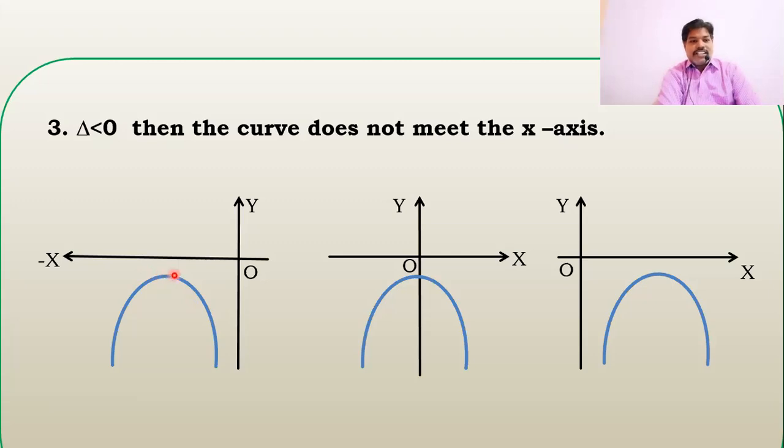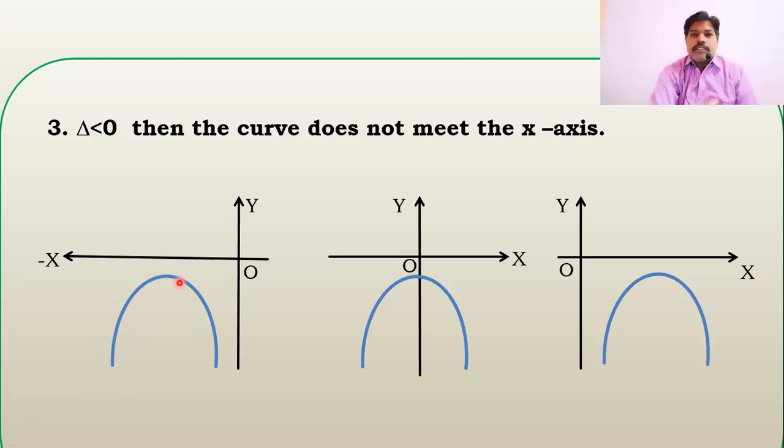Are you understanding that it is the maximum? Then you will get the minimum values, that is, the value keeps decreasing, decreasing, decreasing. You don't know what the value is, but you know the maximum value exists when a is less than 0. So a less than 0, you will get the maximum value. That is the first one.